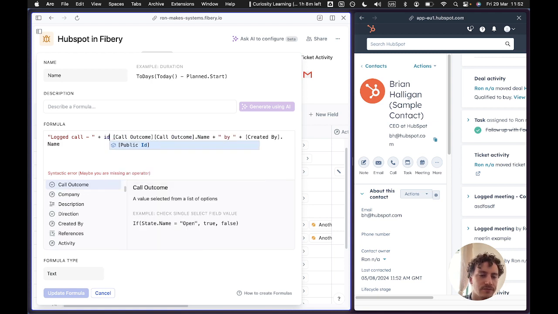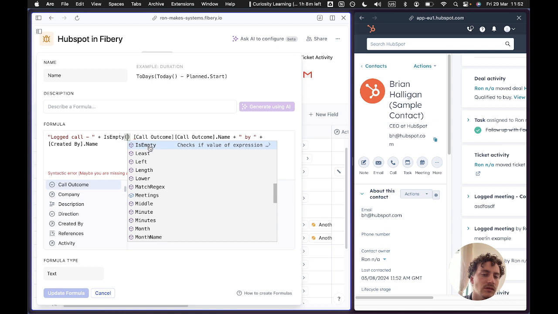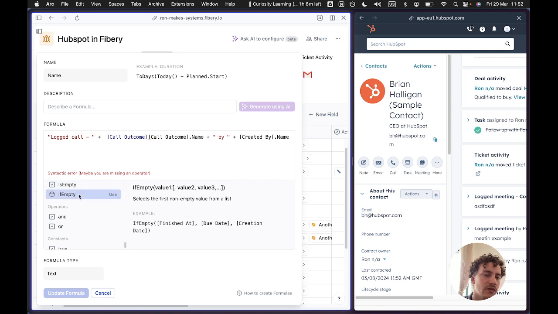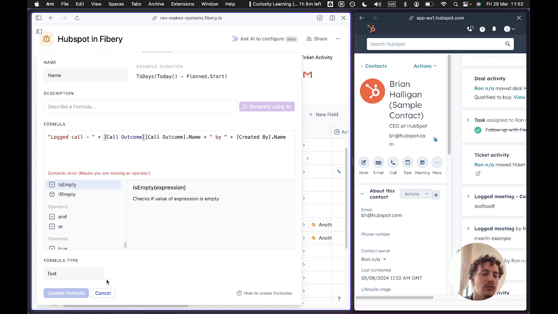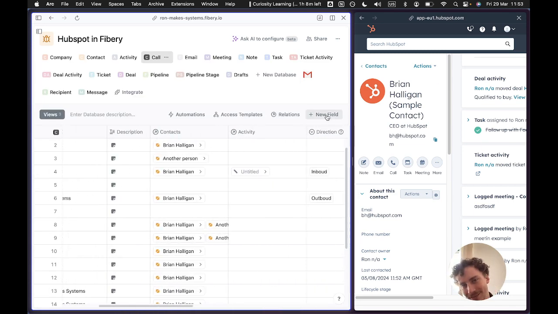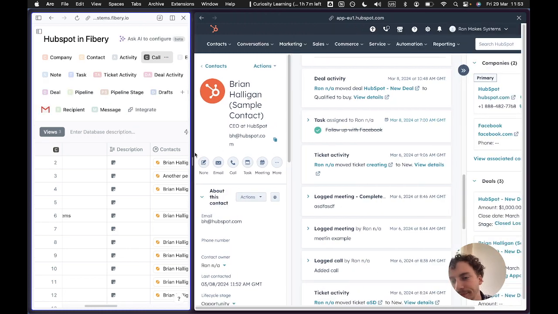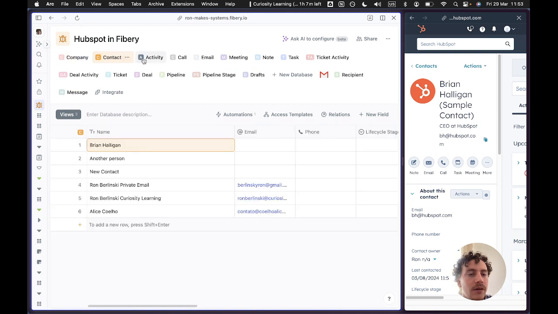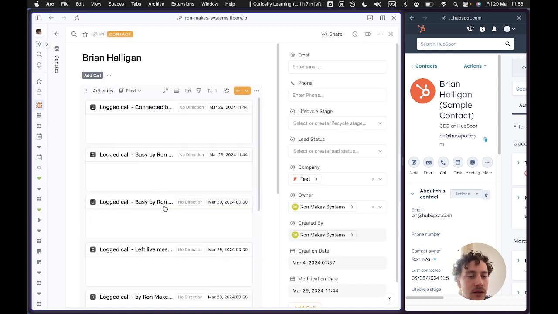I think they changed it. Is empty, checks if... if empty here. Whatever. It's a mandatory field. You have to fill it in. Let's make it a required field. They don't have it required, but we'll make it required. Okay, sick. So now we see this logged call